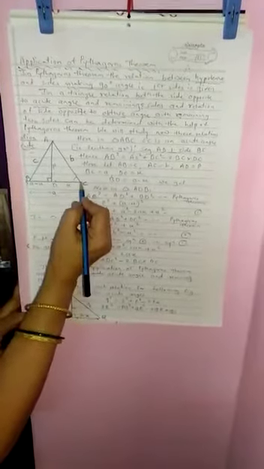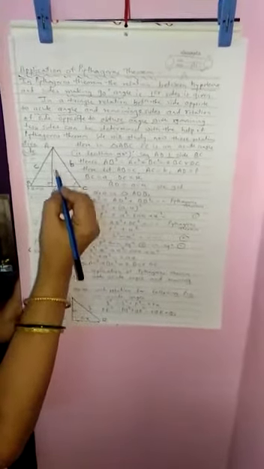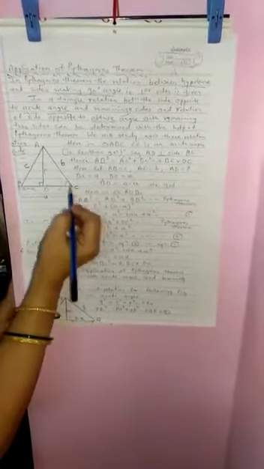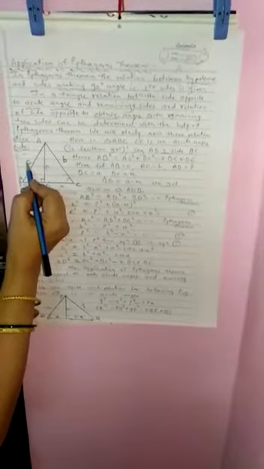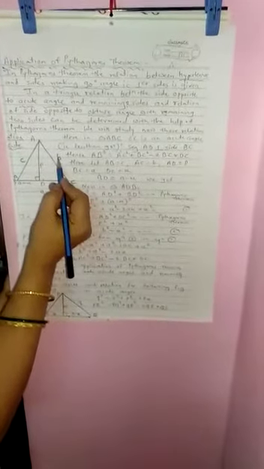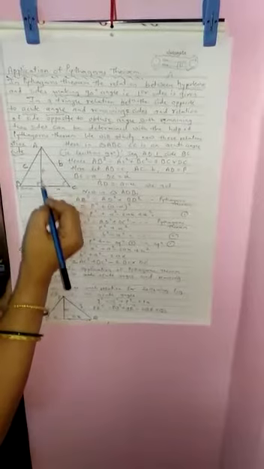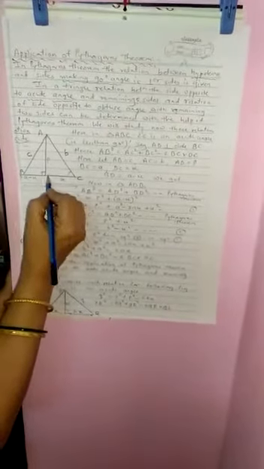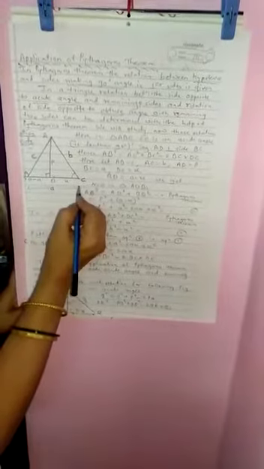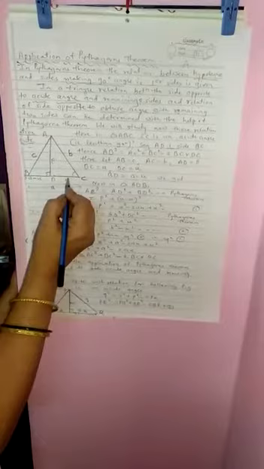2BC into DC. Now for that, we have to label the lengths by small letters. The length of side AB is shown by c, the length of side AC is shown by b, the length of side AD is shown by p, BC is taken as a, and DC is taken as x. So BD we get a minus x. This is a, x for this, so the length of this is a minus x.